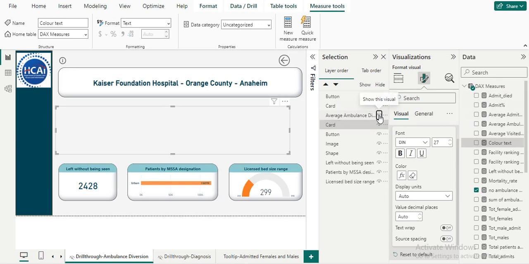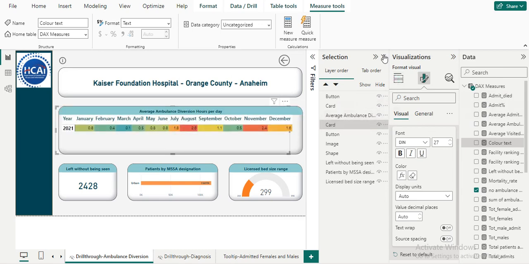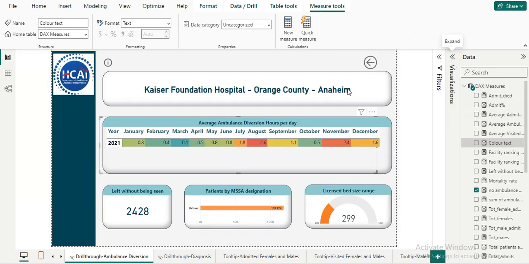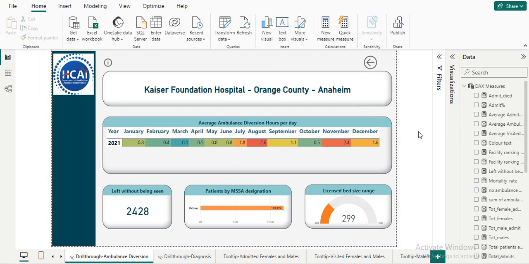So I'll just show the visual. Okay, so this was based on those particular selection operations. In whatever hospital we don't have this data, we'll see that particular text, that is no ambulance diversion for the selected facility, in red color, and if we have data here, then that will be shown as transparent. So we will see only this. Okay,